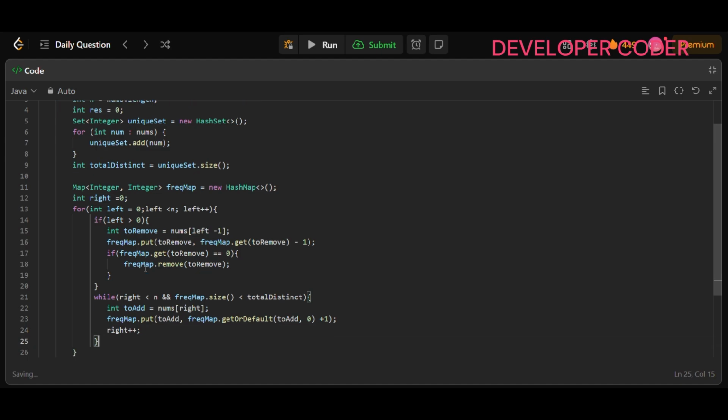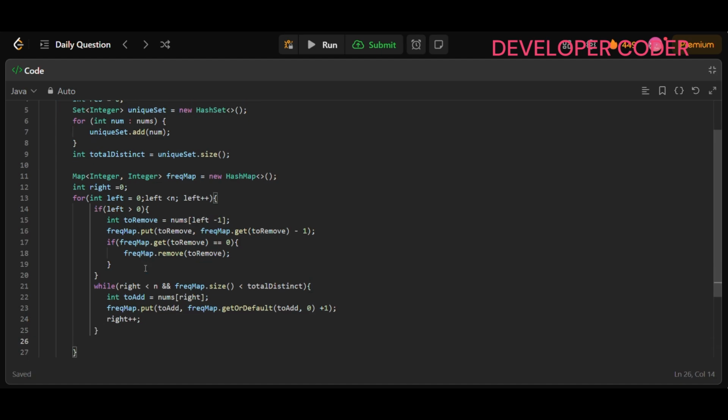All right, now this is for the while loop. Now when we have to update our left: left is fixed, so when I'm running this for loop, left is fixed, 0. Now I am inside this, expanding the window. Once this while loop is done, after that I will check one more thing, if we found a window with all the distinct elements. So here if frequency map dot size is equal to total distinct, all right, so in that case